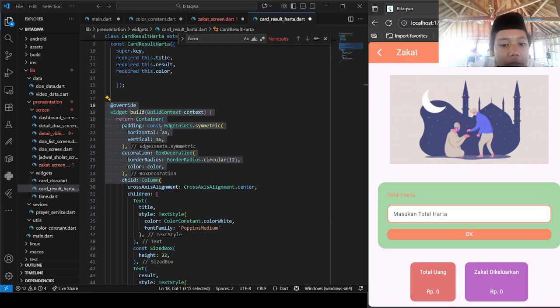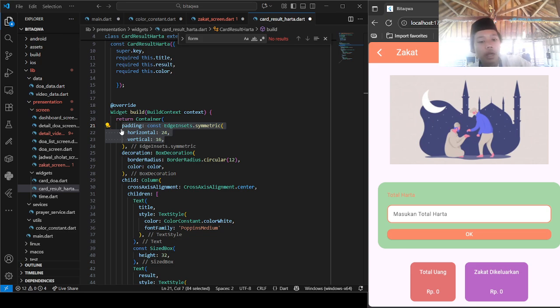Nah, widget build the context. So it's the wadah utama. Container is wadah, and then it makes a jarak, distance, from the inside, the jarak from the right to left and from up to down, horizontal and vertical.